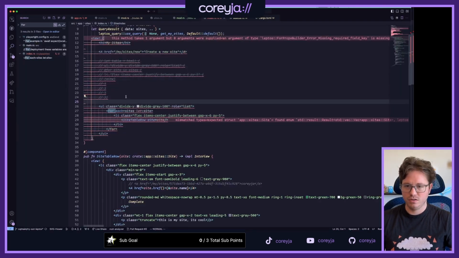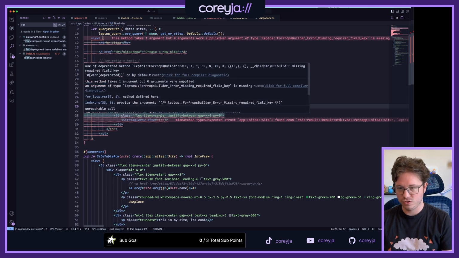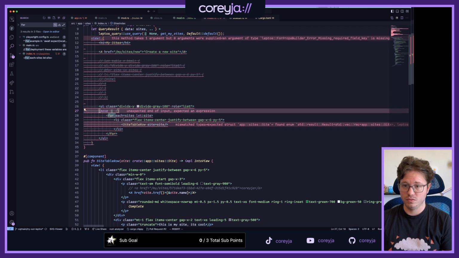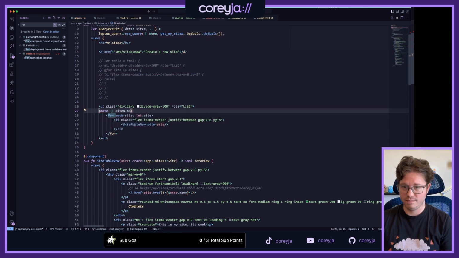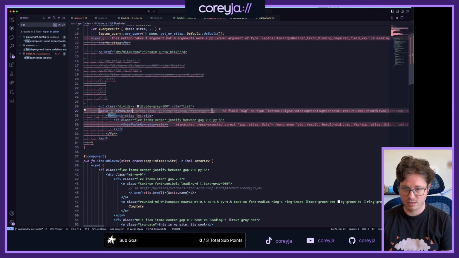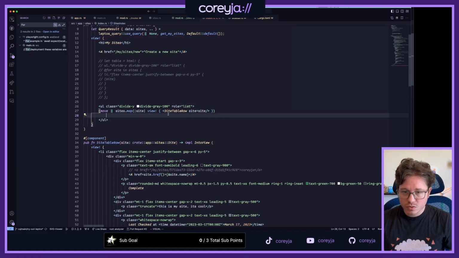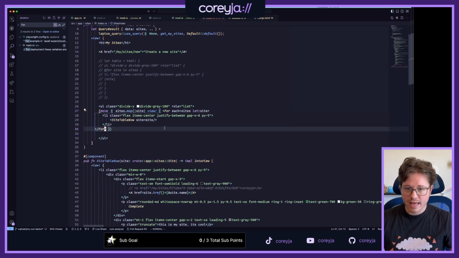Because they're iterators, I can maybe just do move thing to site, map it. No, it's not that, but I do want an into view that looks like that maybe.